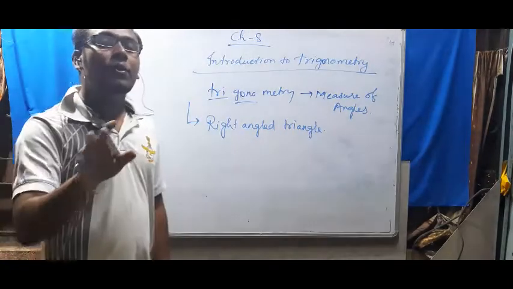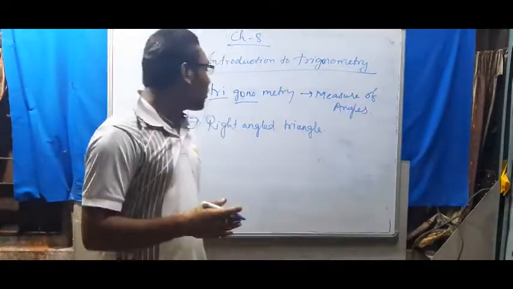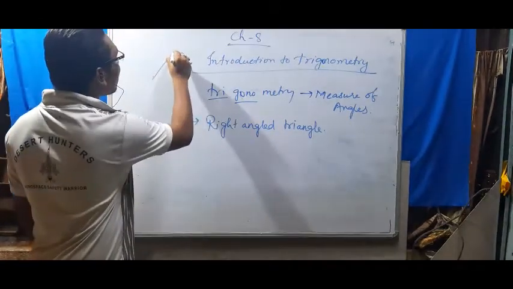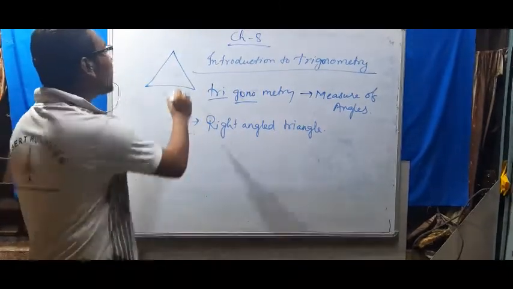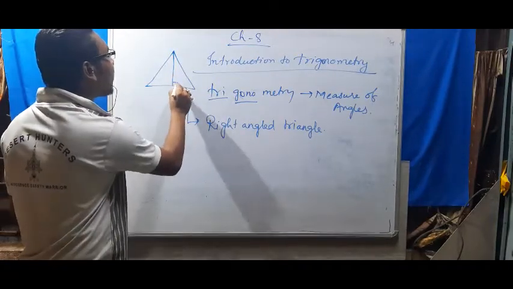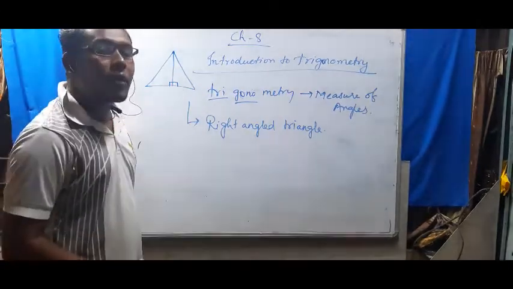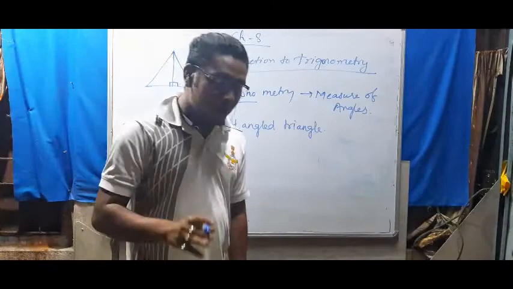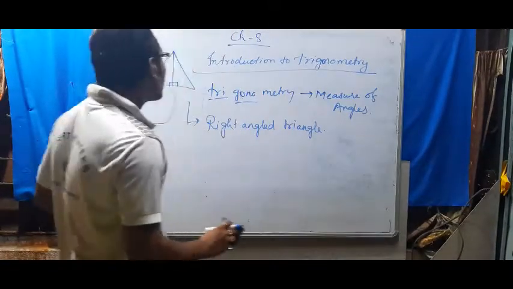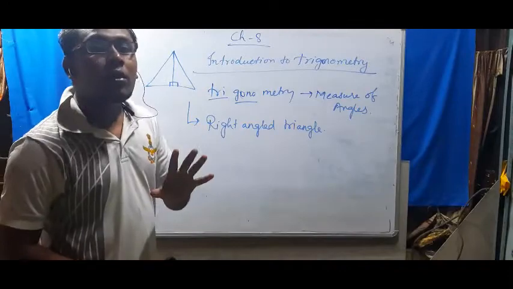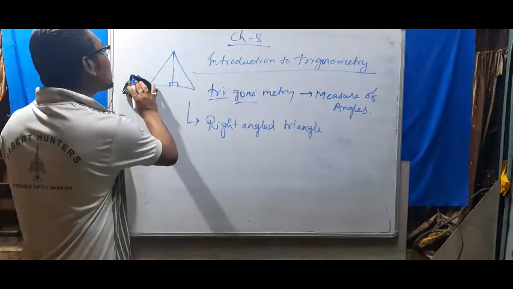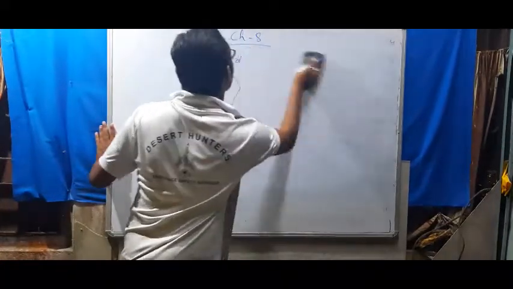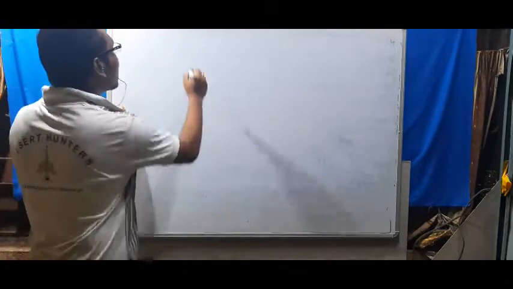Suppose the triangle given is not a right angle triangle, say this is the triangle given, so we have to make it a right angle triangle, right angle at this position. Otherwise we will not be able to find the perpendicular, base and hypotenuse, which are very important. So before starting trigonometry, we must know the basics of Pythagoras theorem. So let us start Pythagoras theorem first. After that we will go for trigonometry exercises. So Pythagoras theorem.